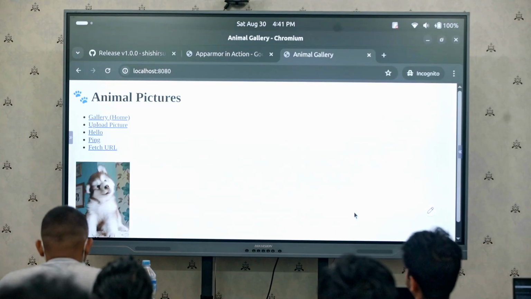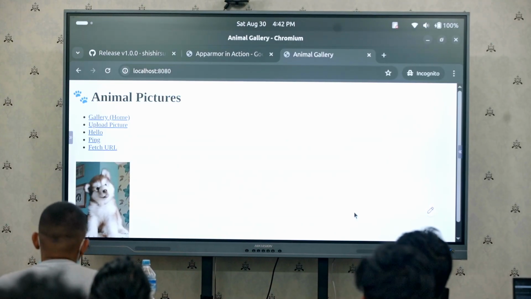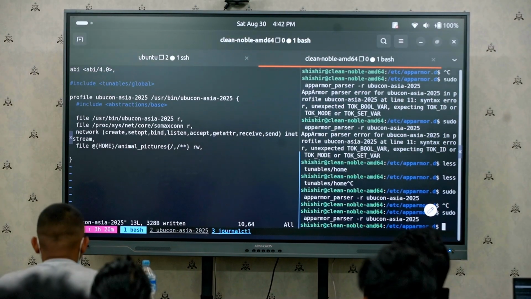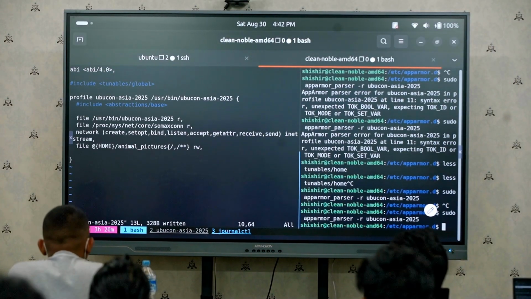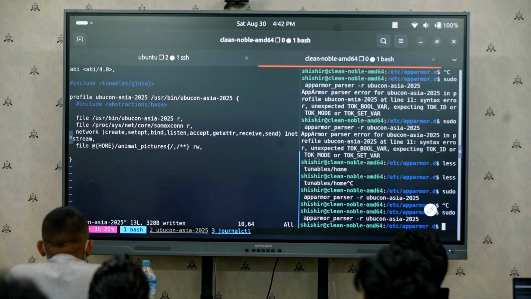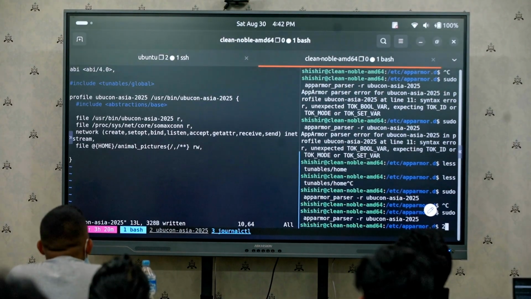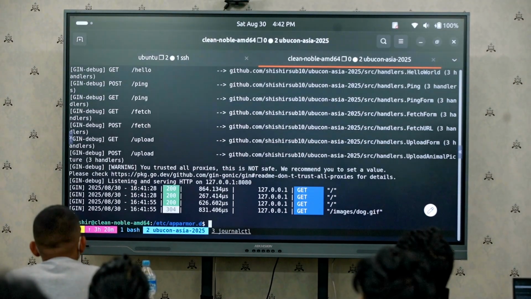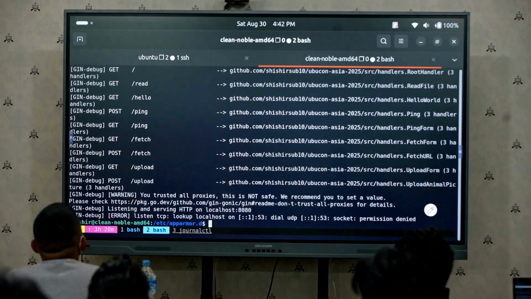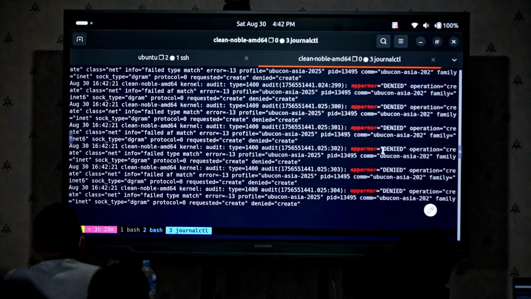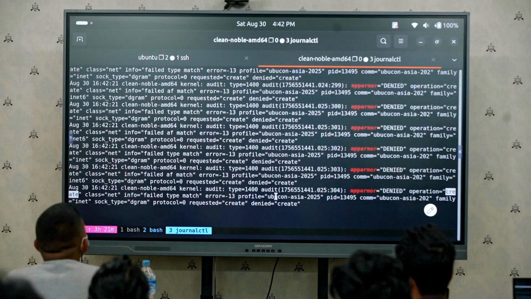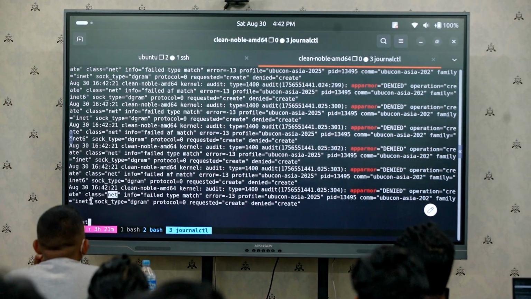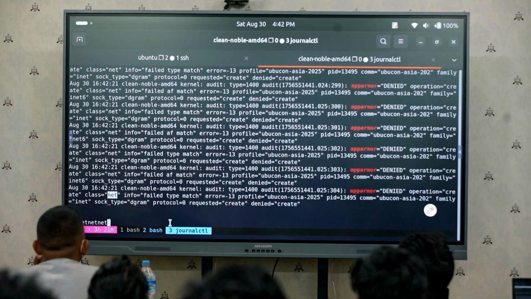Now we have everything in place, and we can see that the root loads, and we can see our images as well, right? So now that we have done this tedious work, I'll show you how we can do this quickly. Let's say I try to introduce DNS. If I run just this, it fails because there is no DNS, and you can see that it tried to create something in the network. The family is still IPv4, but the sock type is dgram, which means